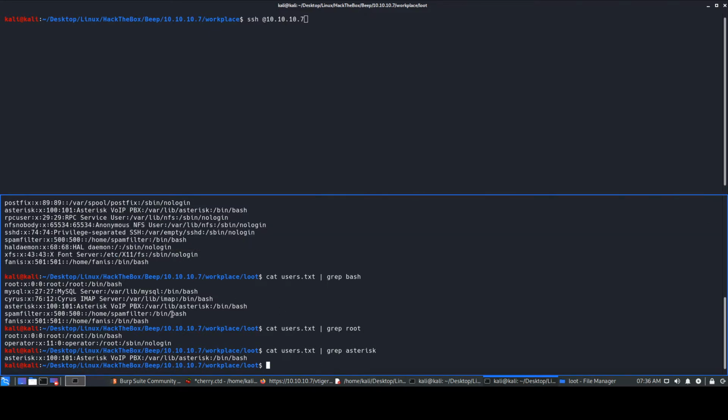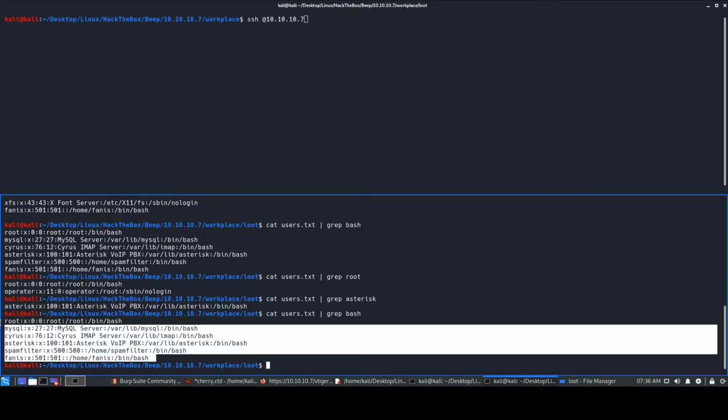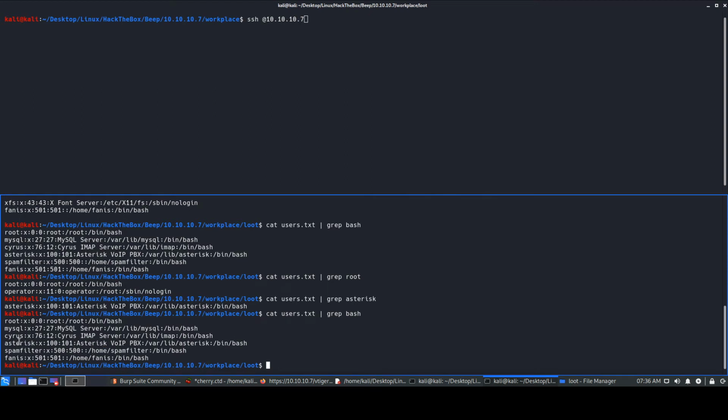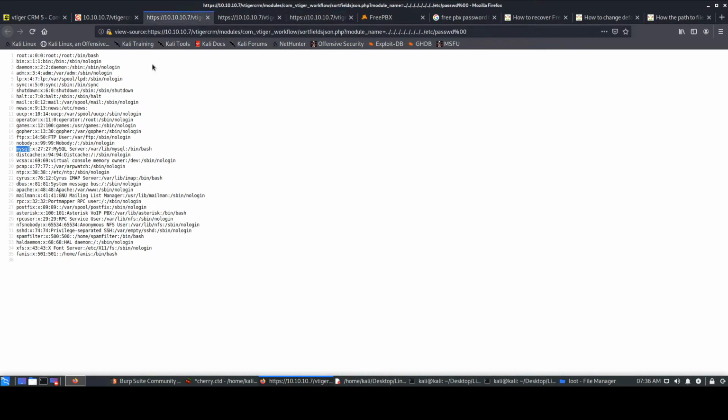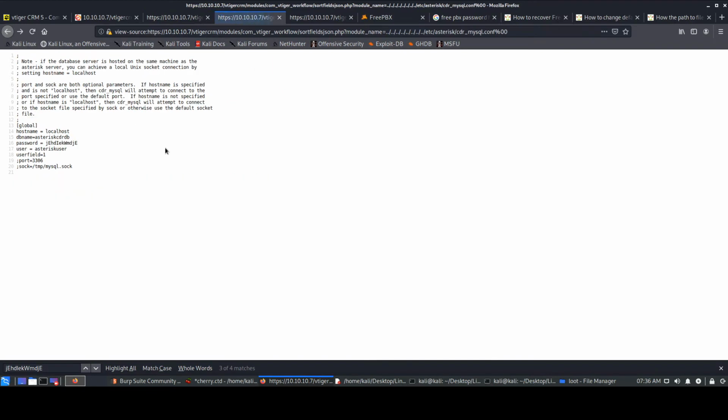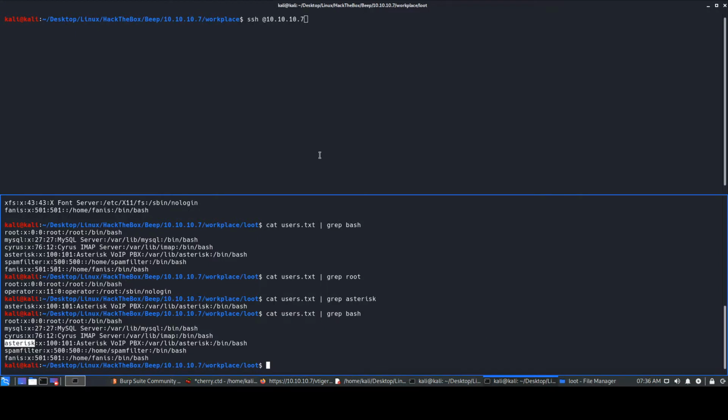Now we see over here in our grep for bash, we have multiple users, that is 6 users. First we'll just look at asterisk. Just forget about the earlier two exploits which we did, because this is a new exploit. Let's just try a new methodology. We don't have any information about the system from the previous exploits. But as we can see early in this particular file, there were a few files which said the user is asterisk. See, asterisk db name, asterisk user over here. So let's just try it with asterisk and see.